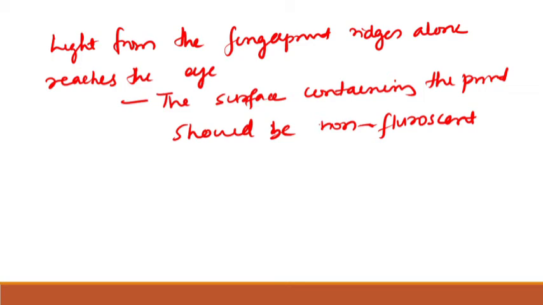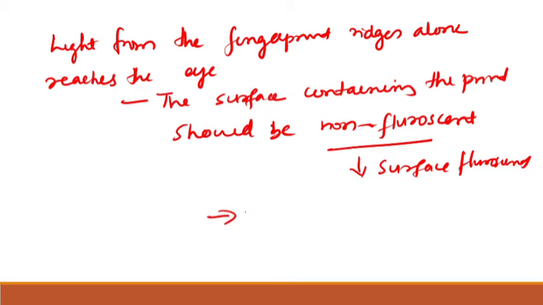So if the surface itself is luminescent, then the ridge pattern is post-treated with a chemical reagent so as to generate the ridge fluorescence, either stronger than the background or of a different color. So if the surface is fluorescent, in order to develop the fingerprint, you have to use chemical reagents.